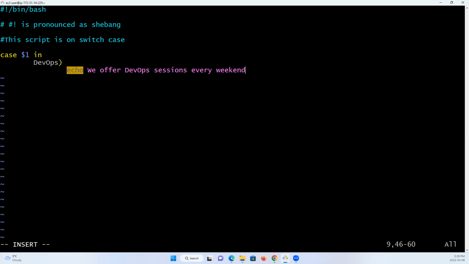Now we've done this, okay? But the thing is, with this, you can have several commands and all of that. What you should note with this case is important. Where is this argument? Which argument? It could be $2, it could be the second argument, it could be whatever you want to specify. Now, since it's $1, and we've selected the first possible option, which is DevOps,